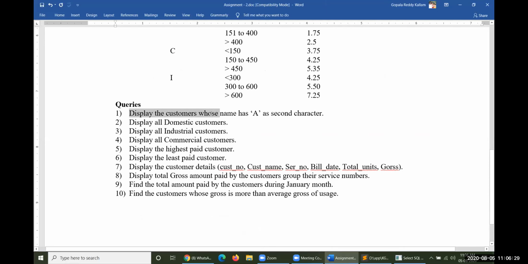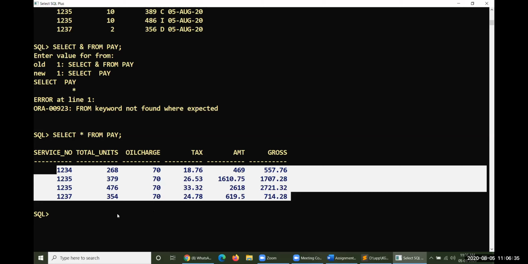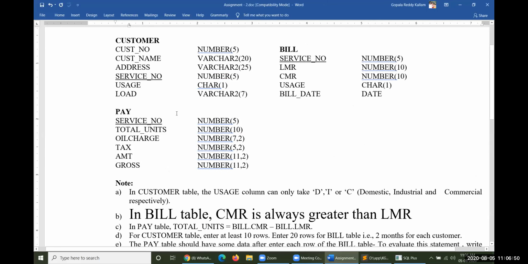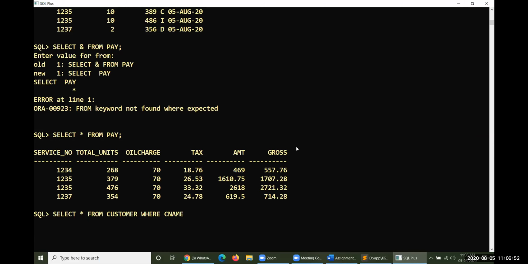Then what are the queries we need to address here? First query is to display all customers whose names have A as the second character. Look at how this could be solved. Select everything from customer where the customer name, CUST_name, not C name, like